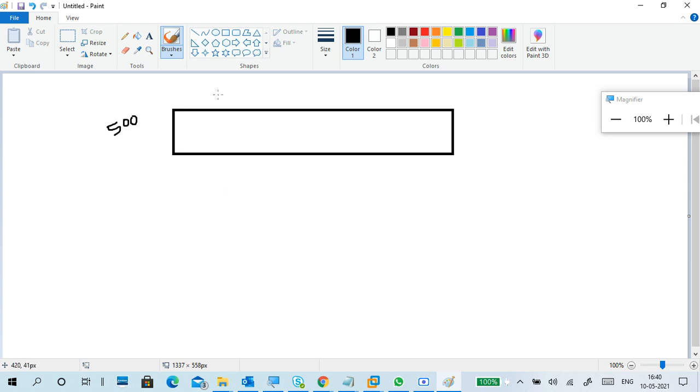So for example, this is 50 GB, this is 100 GB, and this is again 100 GB, and finally you take 50 GB. What happened? Overall, four partitions are completed, right? One, two, three, four.